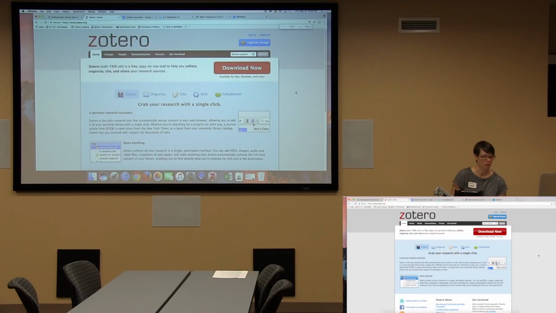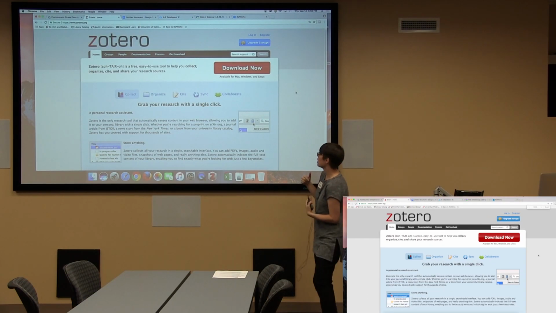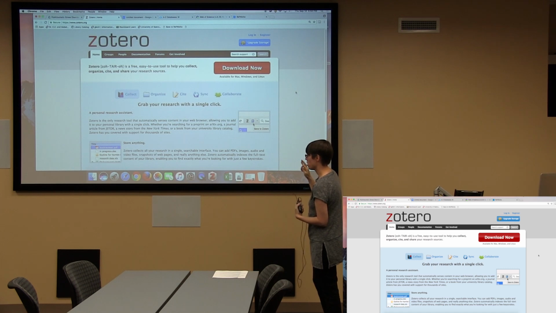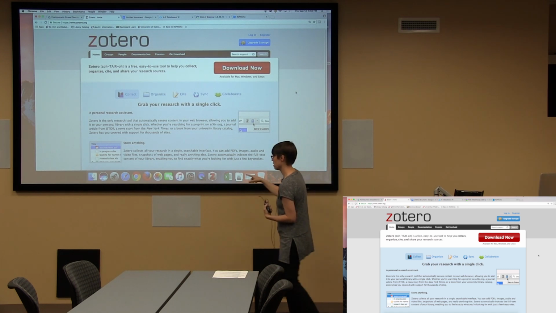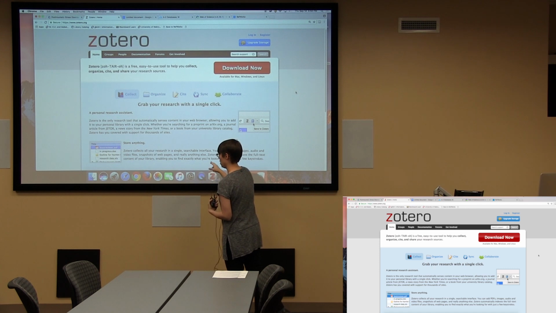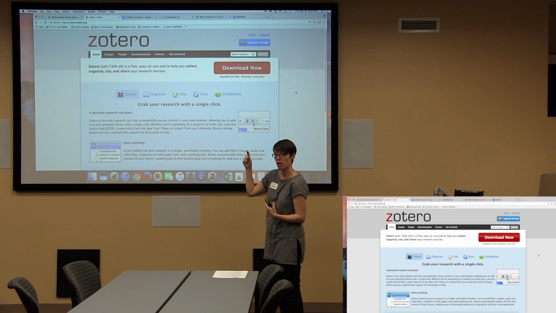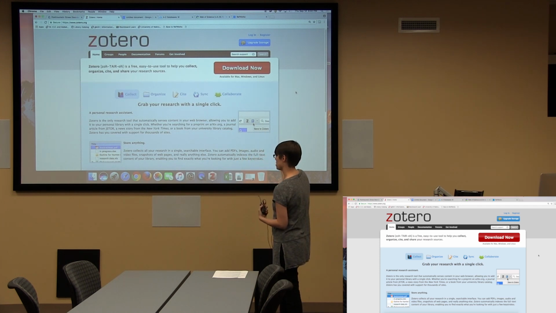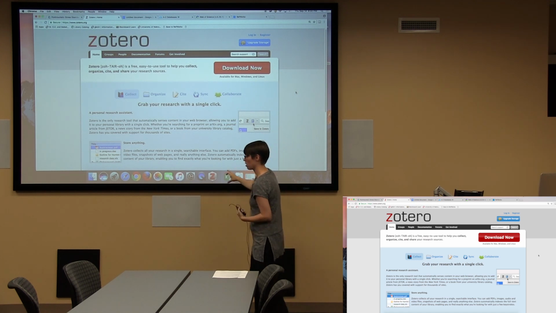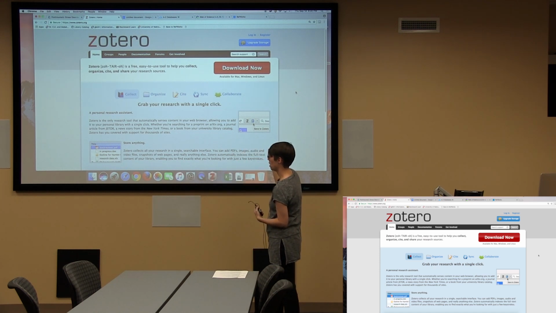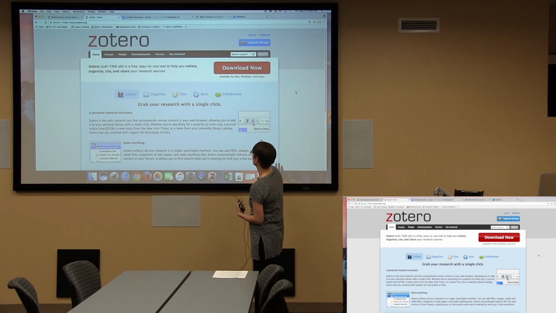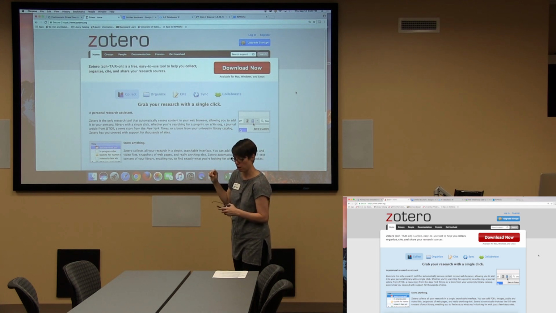Zotero.org is where you can go and get registered, and log in. Zotero is really great because it has this standalone thing that you can put on your machine, but it also has cloud storage. So it constantly syncs, and it stores it locally as well as up in the cloud. What you'll need to do is download this, what they call standalone. Just download that to your machine, and then you'll be ready to go. You'll have to make yourself a log in, make yourself,